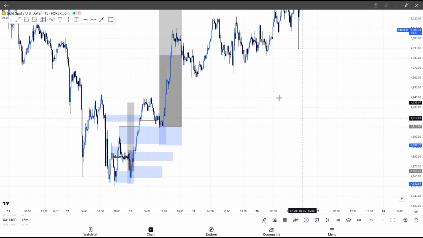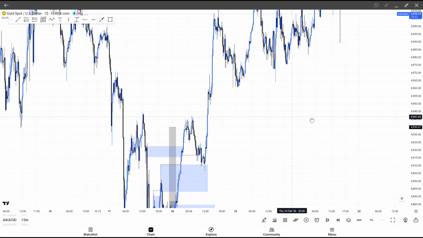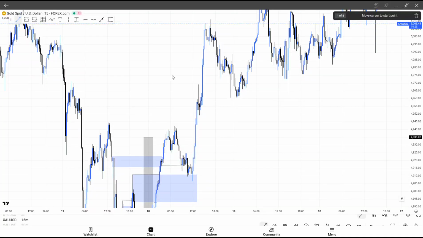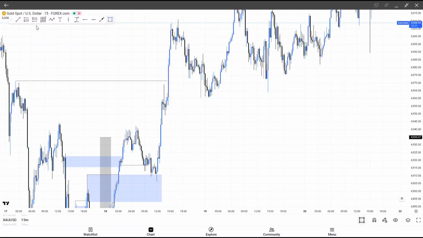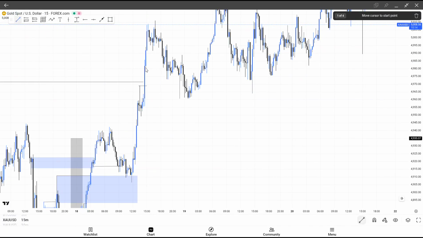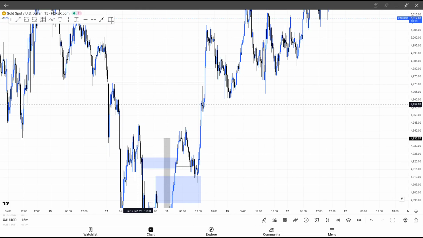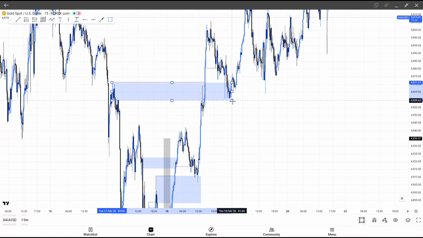Okay, so guys, let's go again with the double breakover structure. We have been using this one, so let's go again. We have a breakover structure here. We also have a double breakover structure around this place. Where's the inducement? The inducement is this pullback here, and we are taking the point of interest that is closest to that inducement to take our buys. So this is the breaker block,